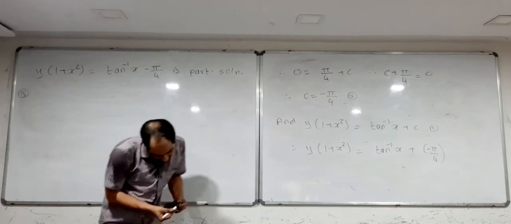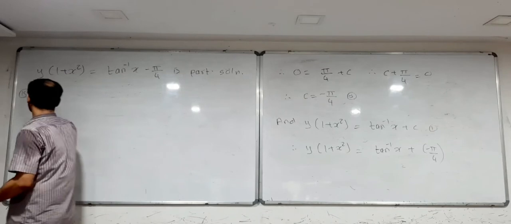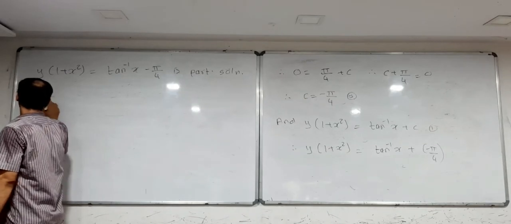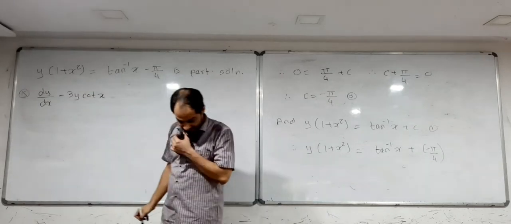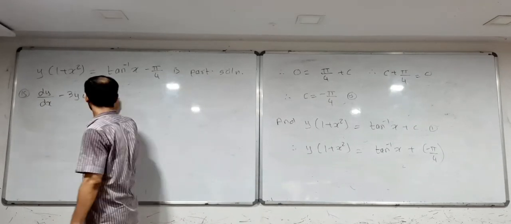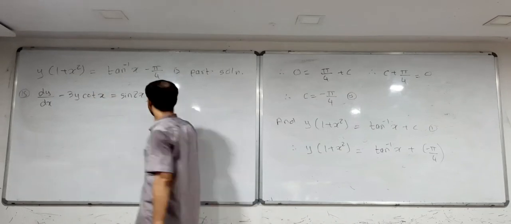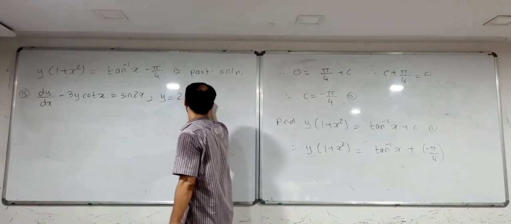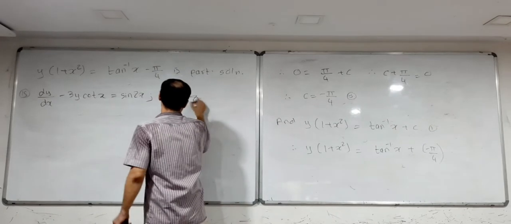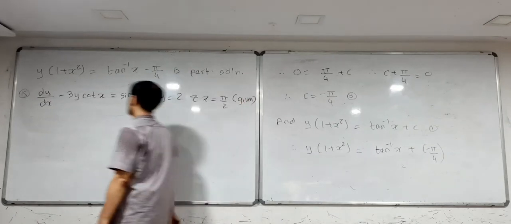In 15, they are given dy by dx minus 3y cot x is equal to sin 2x. And what is the value of y? Y is 2 and x is pi by 2. This is given. So now here,